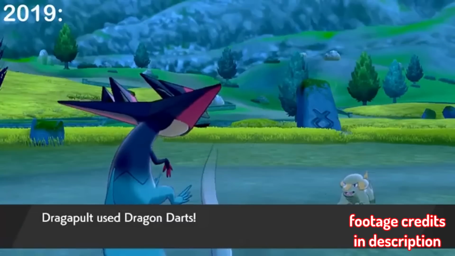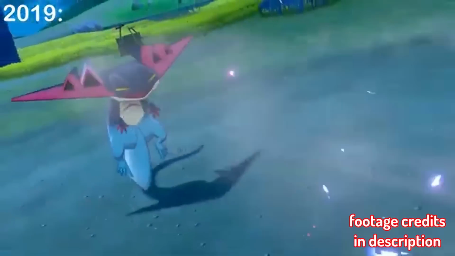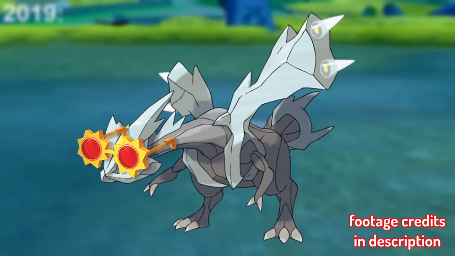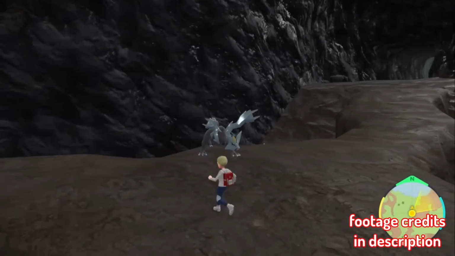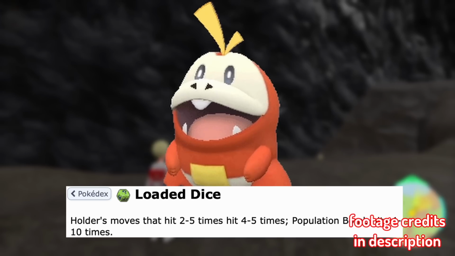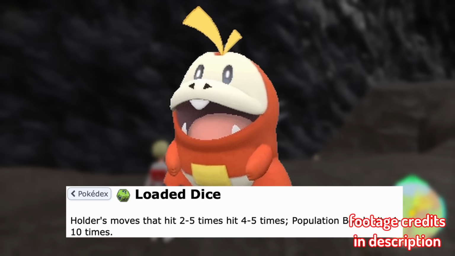Now, we talked about one Dragon type in Dragapult becoming more versatile and unlocking more of its offensive game, but the same can arguably be said by the Choice Spec spammer in Kyurem. Kyurem Choice Specs is great and all, but loaded dice sets for this Pokemon have become even more on the rise. Loaded dice is an item that helps holders moves that hit 2 to 5 times hit 4 to 5 times,